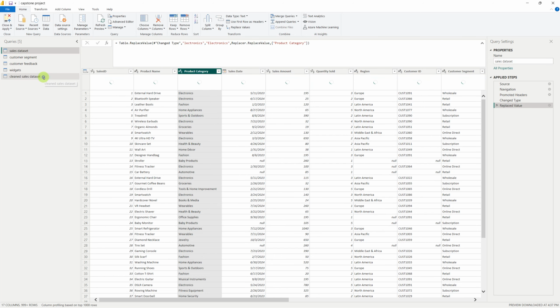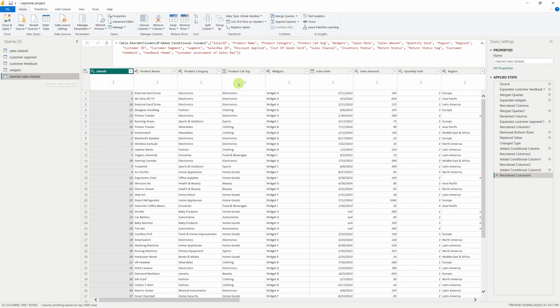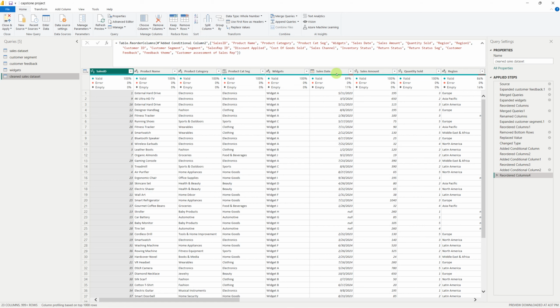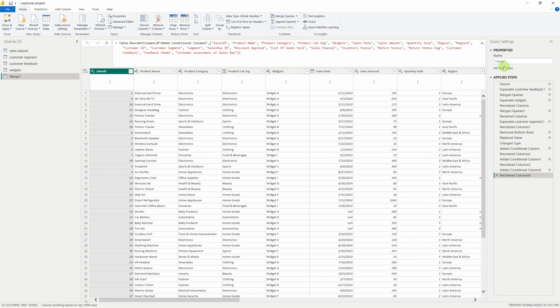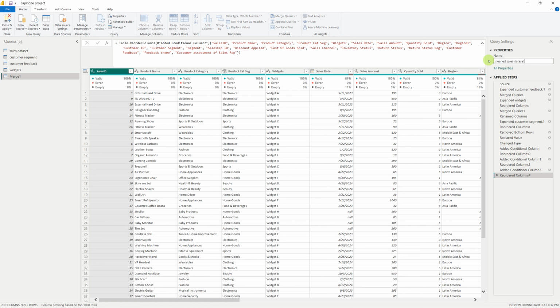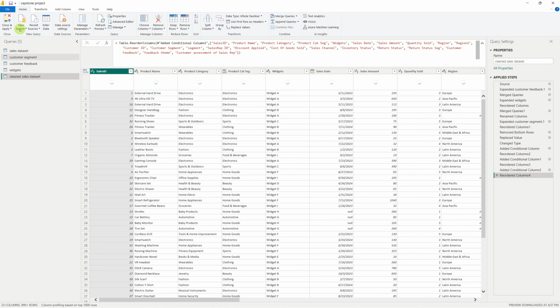If I go back to my merge data set, you'd see that the empty will be 0, so it means that there are no errors. So before it was merge 1, I just changed it to clean data sales data set. And so with that, you can then close and apply,